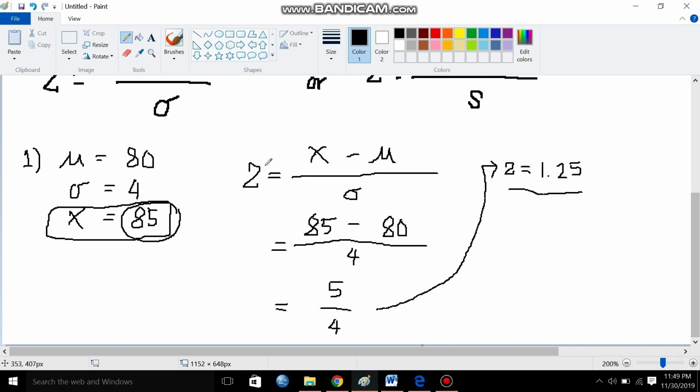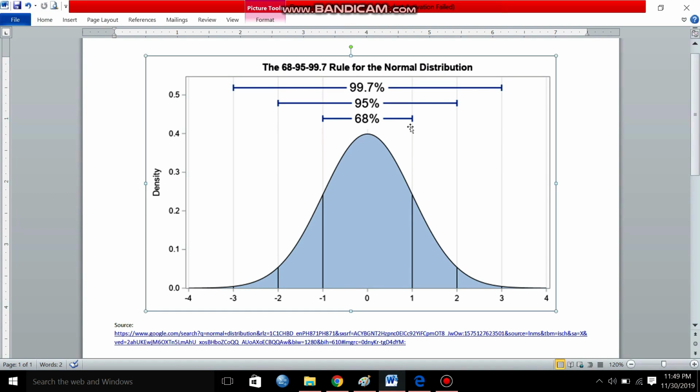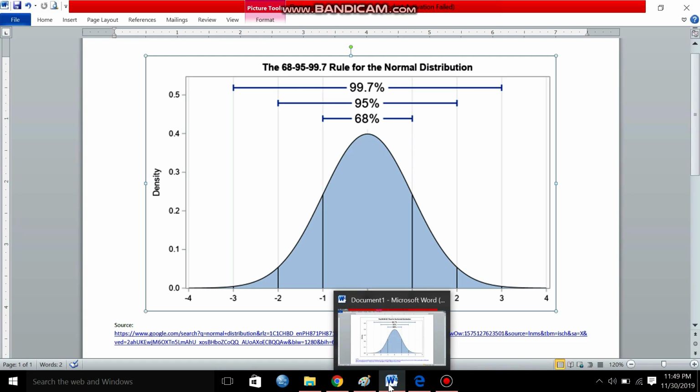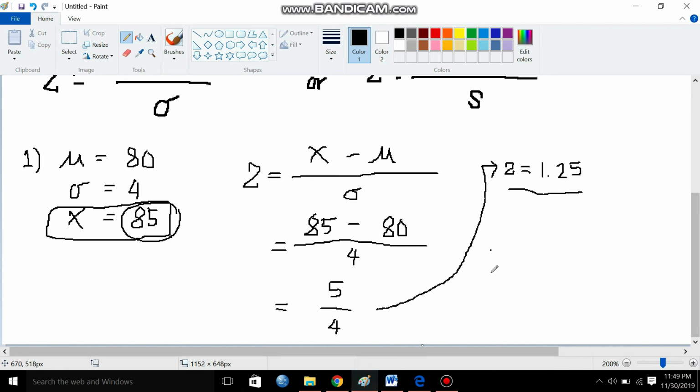It tells us that the score, which is 85, if we go back to the normal curve, since 80 is the middle, the mean, and 85 is at 1.25 somewhere here, it means our score is above the mean, or on the right side of the normal distribution. So the question now is, how are we going to determine the probability of